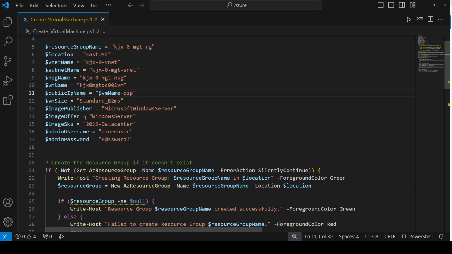This is the image publisher, offer, and SKU. The image publisher we are going to use is MicrosoftWindowsServer. The offer we are going to use is WindowsServer, and the SKU is 2019-Datacenter. The admin username, that is Azure user, and the admin password that we are going to use is